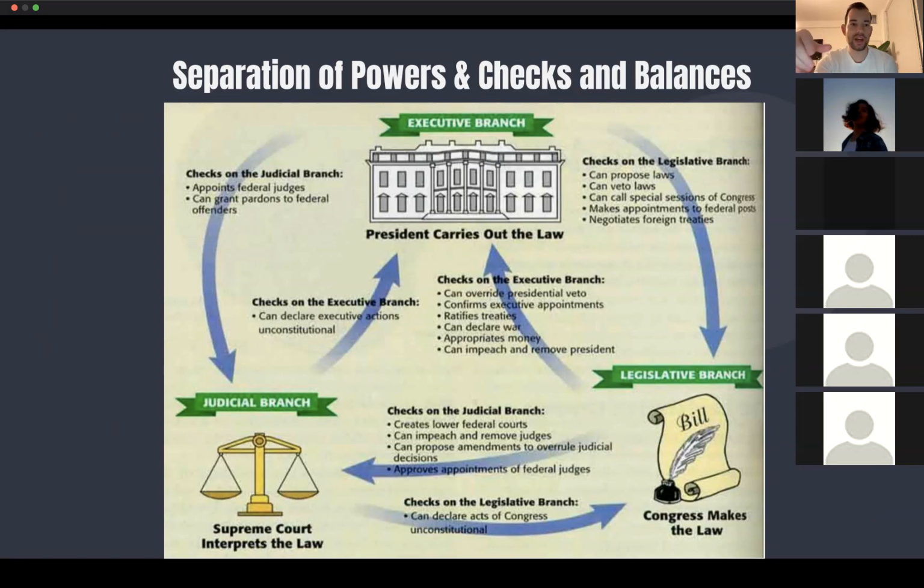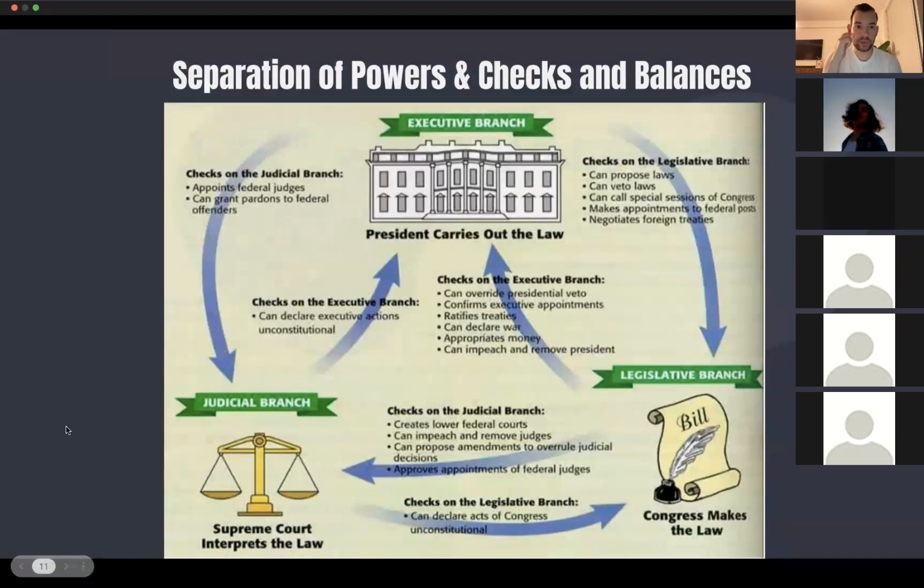It might seem like a crazy convoluted system, but it works if these branches are doing their job to limit government. Again, going back to those principles of government, one of them is limited government. And the founders, they didn't want government to move really, really quickly. They wanted things to slow down. And they've succeeded in that. It can be really hard sometimes to change laws. It can be really hard sometimes to get a justice put on the court. It can be really hard for the president to pass his or her legislation. So this is why the system is set up this way.